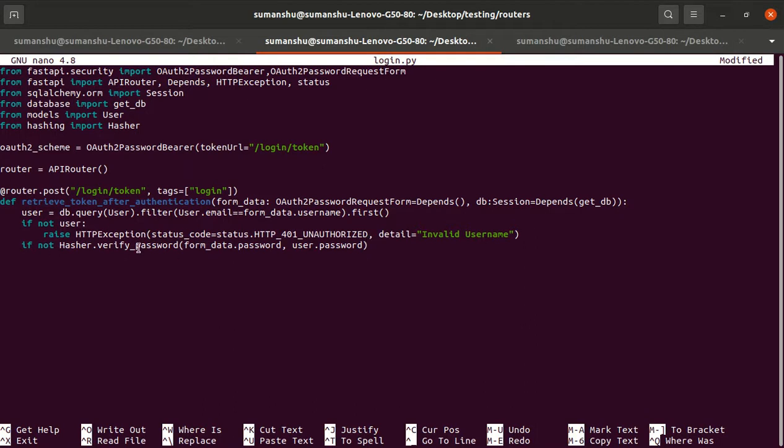If both don't match, then we will raise an exception, HTTPException, status_code is equal to status.HTTP_401_UNAUTHORIZED, and detail is equal to, this time, invalid password.